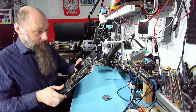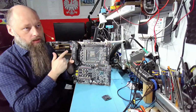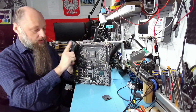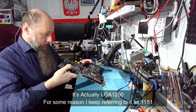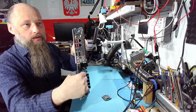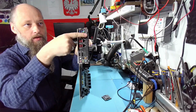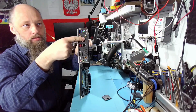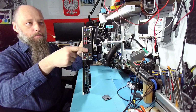Our patient is this very unique Z590 dark board. I have never seen a board like this. It's a 1151 socket, right? So nothing special, but we got two full-size PCI Express, interesting I/O. Right, we have Wi-Fi, two antennas for one Wi-Fi, PS2, right, two network adapters, digital audio, the display